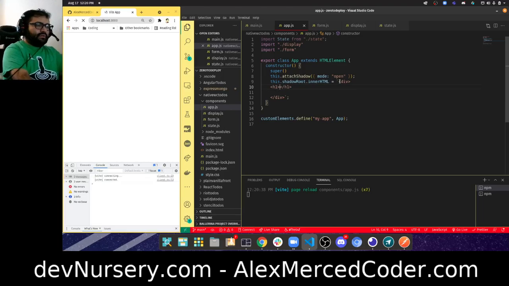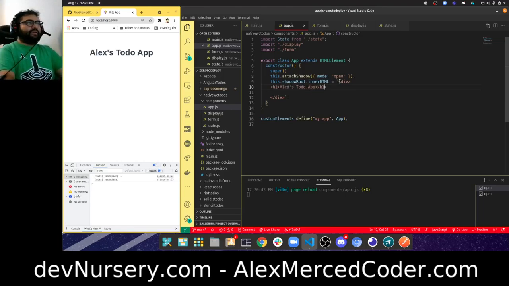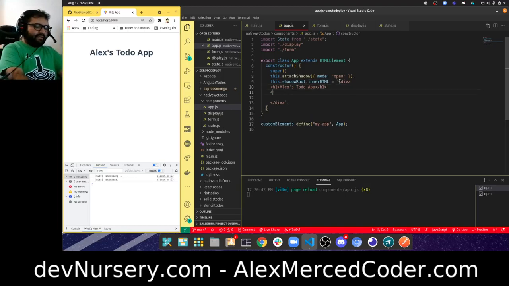H1, Alex's to-do app. And then we're going to have the display component here. So my-display. And we're going to have, here we'll have